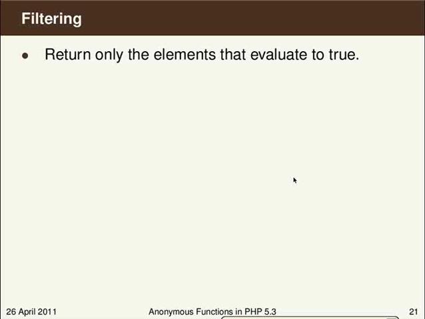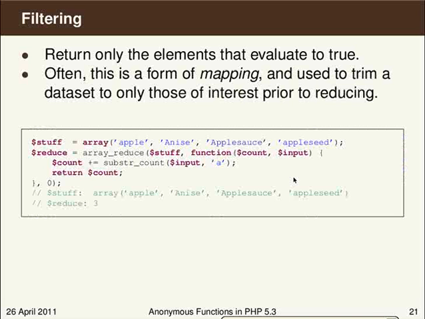Filtering goes along with MapReduce, in my mind. With filtering, you return only the elements that evaluate to true. So it's often used as a form of mapping to go through and determine, okay, what elements am I interested in in this particular case? And then I pass the results of that to my reducer. So I'm going to start again with my array of stuff, and I